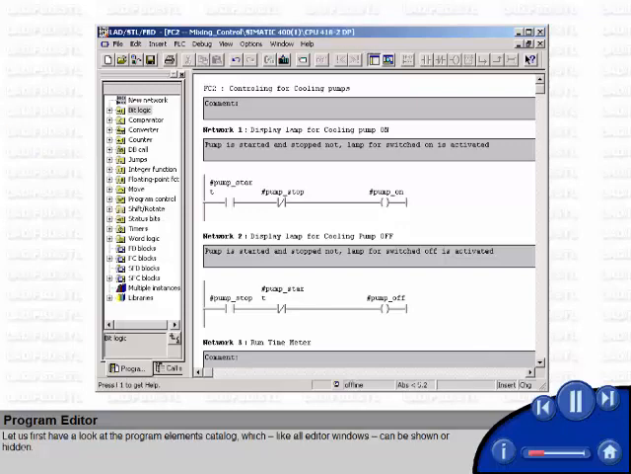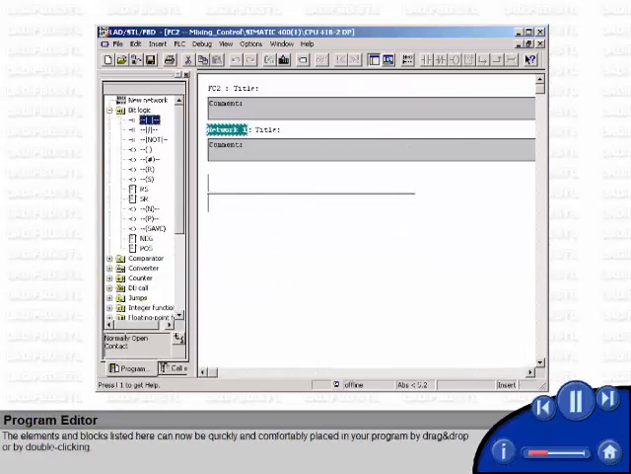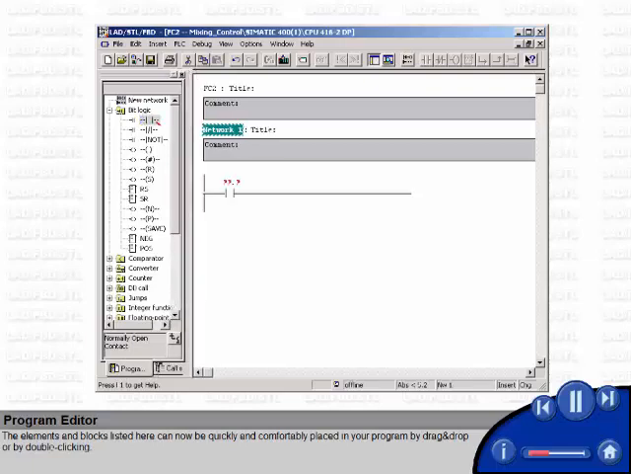Let us first have a look at the Program Elements catalog, which, like all editor windows, can be shown or hidden. The catalog contains in a clearly arranged structure all available graphical program elements for the programming languages ladder and function block diagram. It also shows you the user-created blocks and the system function blocks provided by Step 7. The elements and blocks listed here can now be quickly and comfortably placed in your program by drag and drop